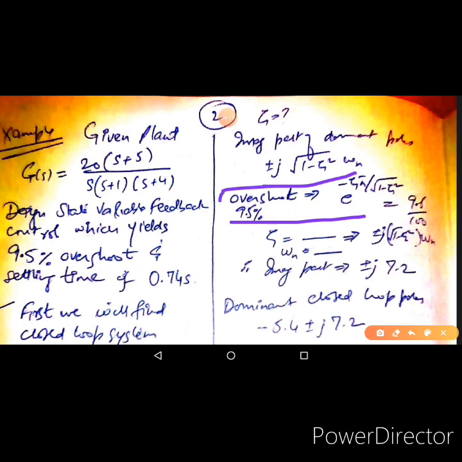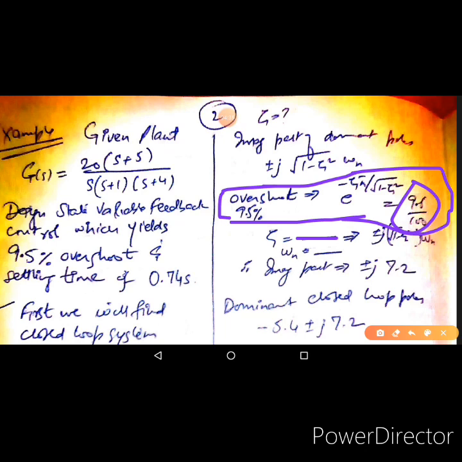We can directly obtain zeta from overshoot by using this formula: e raised to the power minus zeta pi upon under root 1 minus zeta square is equal to 95 divided by 100. So by solving this, there is only one variable involved here. You can find the value of zeta. You take out a piece of paper and try to solve it and send me what value you have found. And once we have that value,